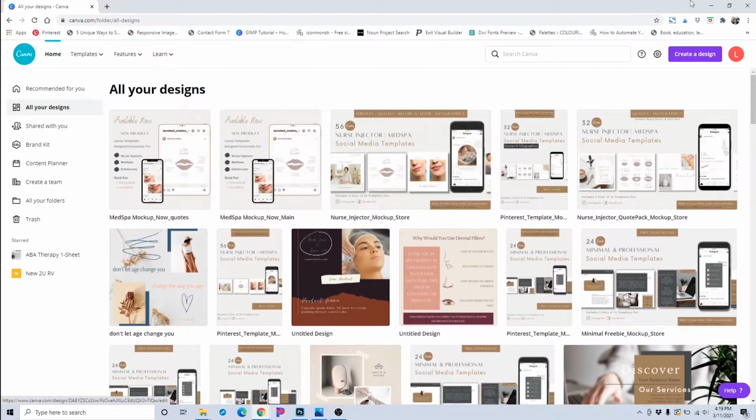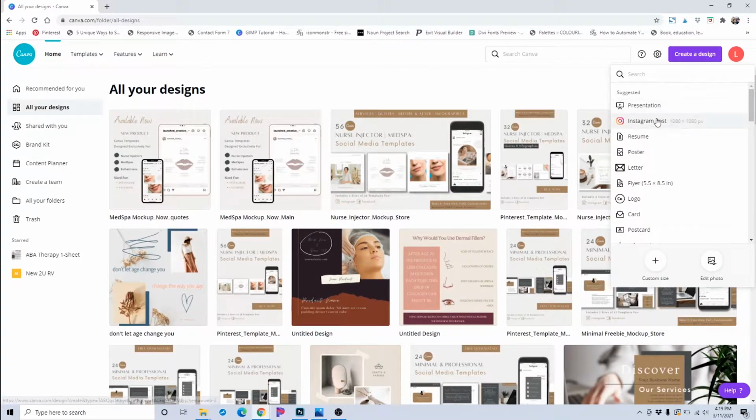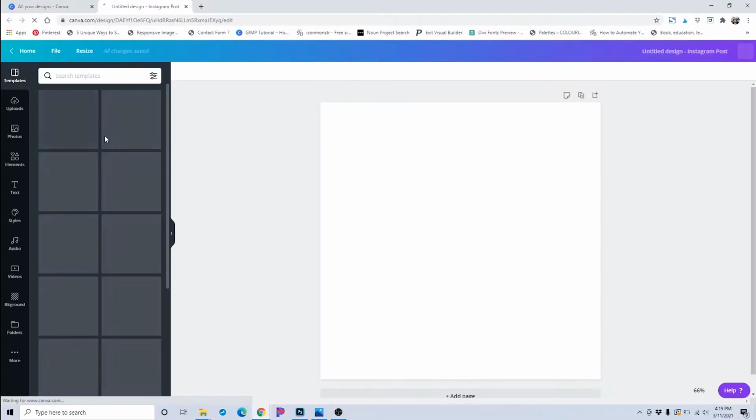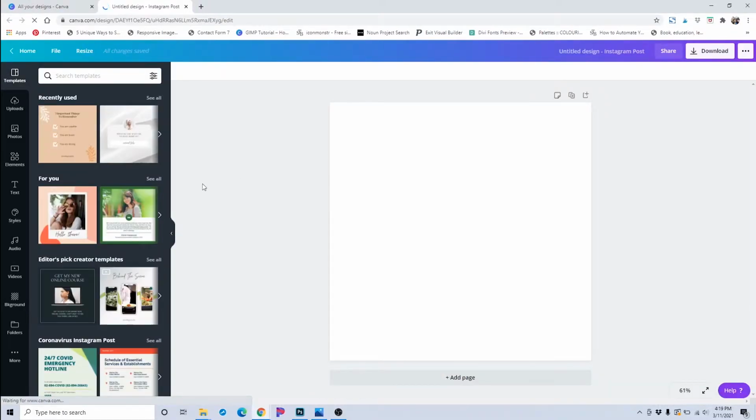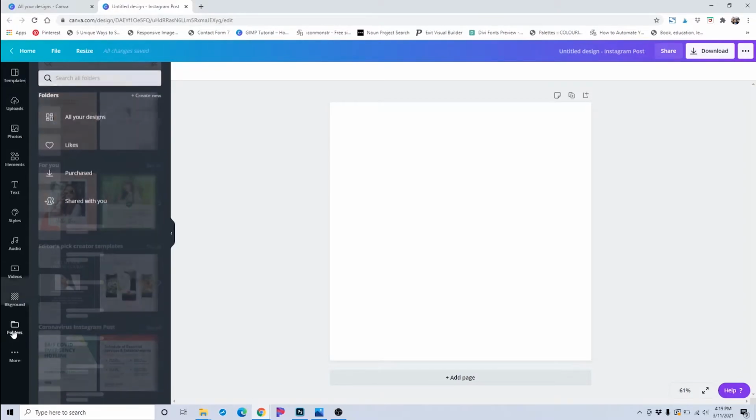Once you're in the Canva home, click Create a Design, that purple button in the right upper hand corner. Pick the size of the post that you want to create. Once you're in the blank area, what you'll want to do is on the left hand side, click on Folders,